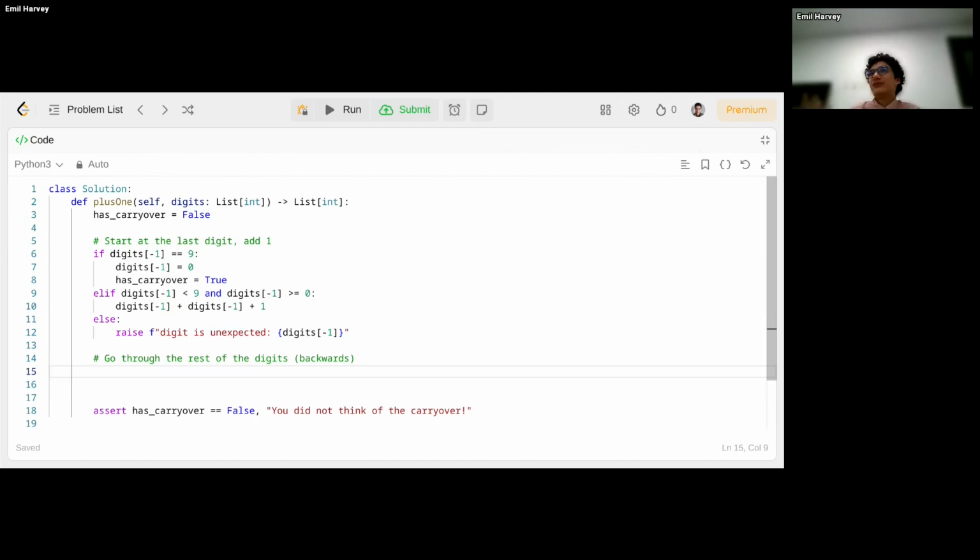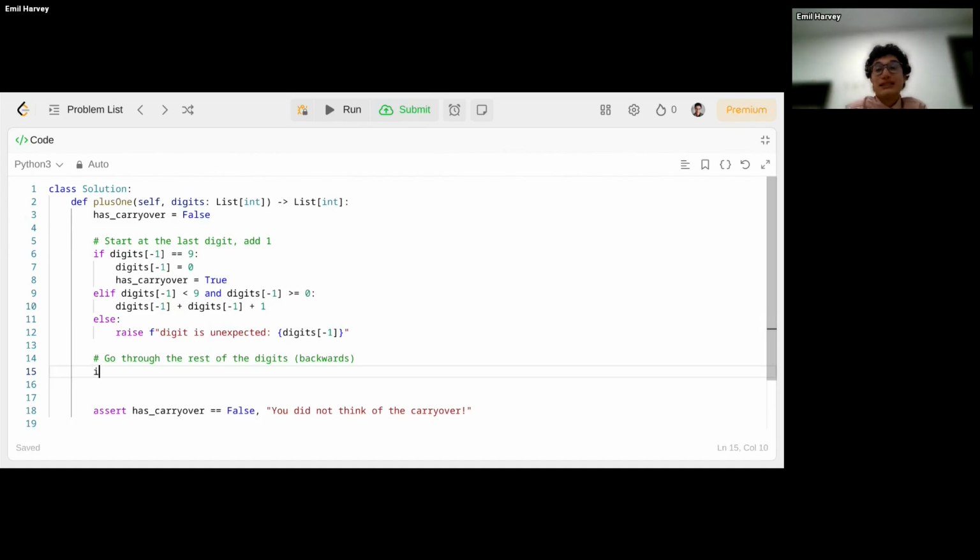For example, if it's 1999, the last digit becomes a 0, and then we want to add 1 to the 9 before it, so that will become a 0. But then you have to do the same thing, right? So it's trickling backwards. So you first want to know where to start. Python doesn't, that I know of, give you a very easy way of iterating backwards in the way that I want to.